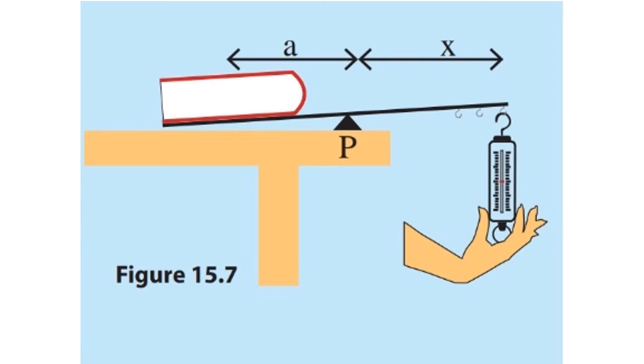Take the book lift vertical distance comparatively. Measure the distance x and keep records. You may have observed that the force necessary to lift the book is less than the weight of the book when x is greater than a. Here the lever helps to ease the job. When x is smaller than a, the force necessary to lift the book is greater than the weight of the book. But in this case the book moves further than the point where the balance attached moves, and this distance advantage helps in some instances.